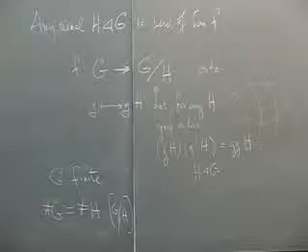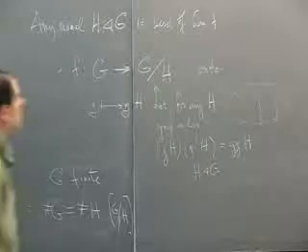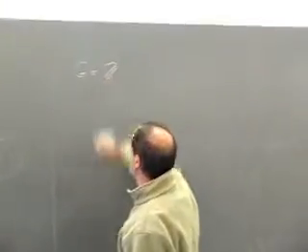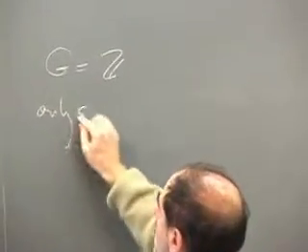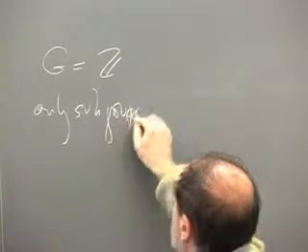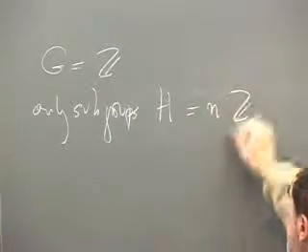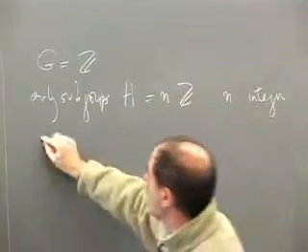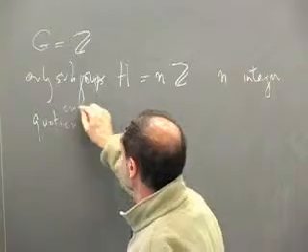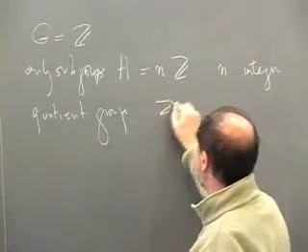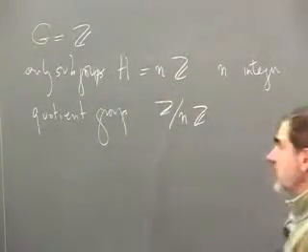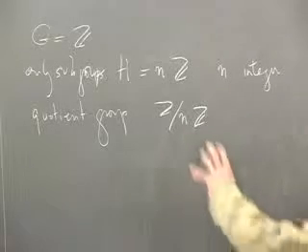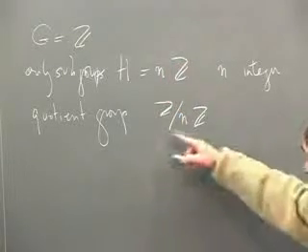So that was a useful counting proposition. So one of the most famous examples of quotient groups, so we made a special study of it, was when the group G was Z. We showed the only subgroups H were of the form nZ, for n an integer, and that the quotient group was Z mod nZ. Now, this has more structure than just a group. This actually has the structure of a ring, but in the group theory section, it didn't make any difference. This was a cyclic